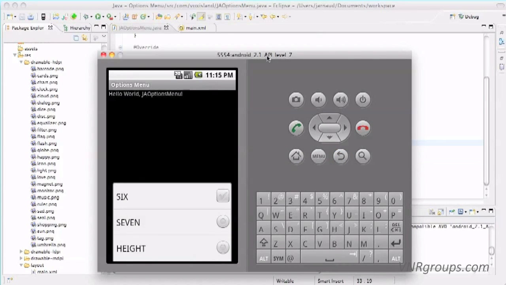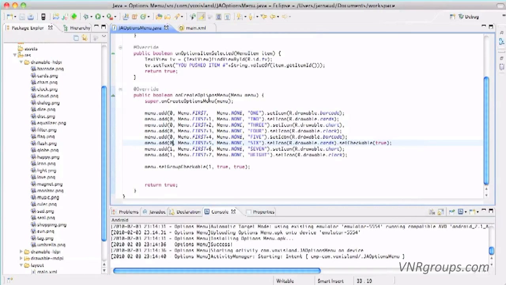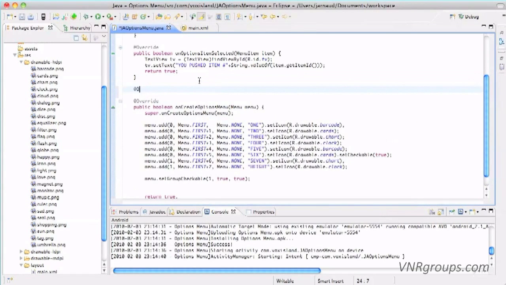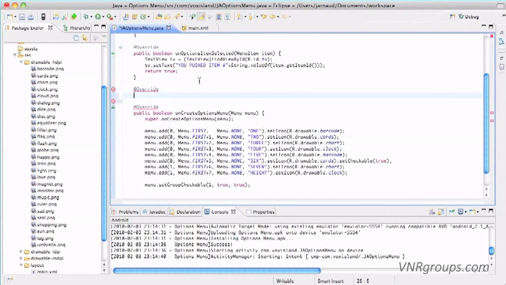But we are not done really. We have to remember that an options menu by nature is dynamic, so you may want to enable, disable, set invisible some items. Where do you do that? Not in the onCreate, of course. So we're going to override a new method that is public boolean onPrepareOptionsMenu,